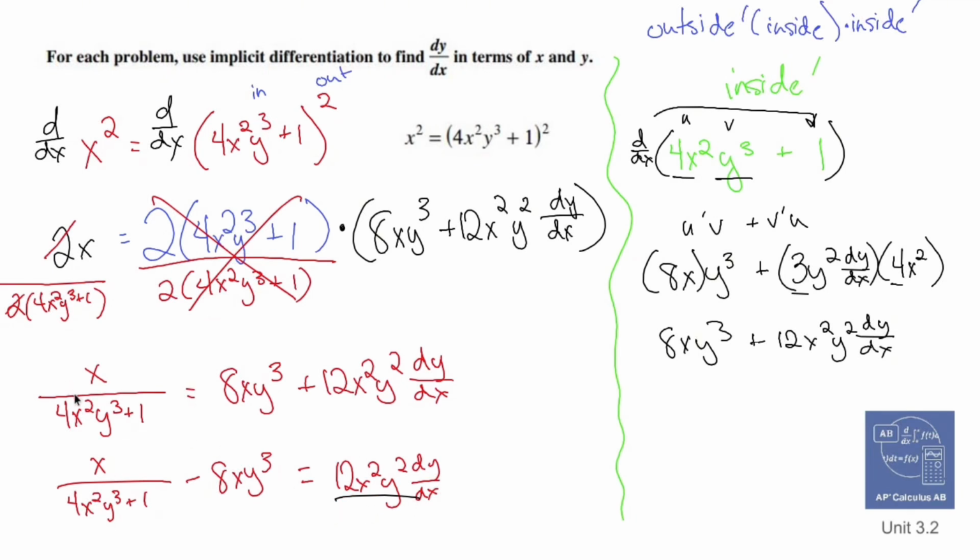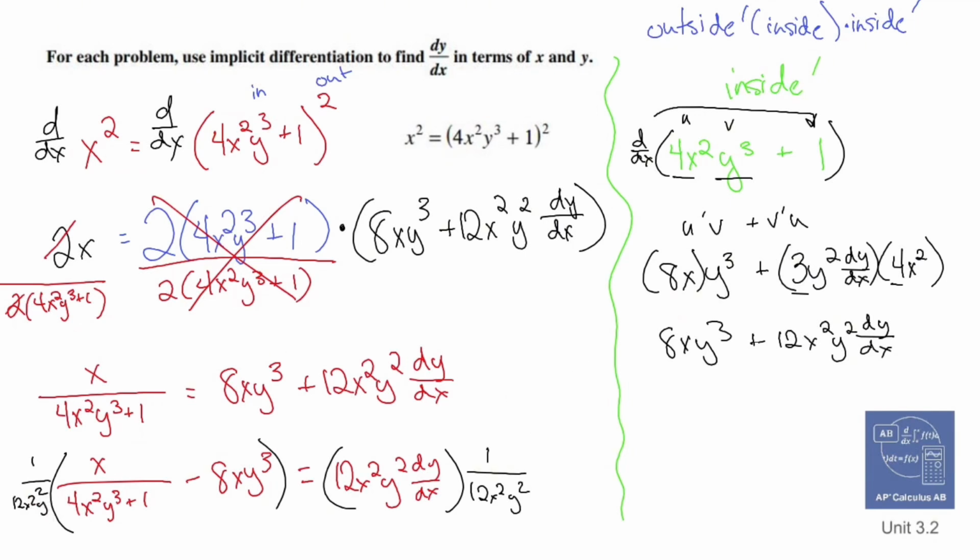So maybe the best way to multiply that out, instead of dividing, is by multiplying both sides by its reciprocal. I just think that'll look a little bit more pleasant. It's still going to be awful. It's still going to be so bad. But if I multiply both sides by 1 over 12x squared y squared,